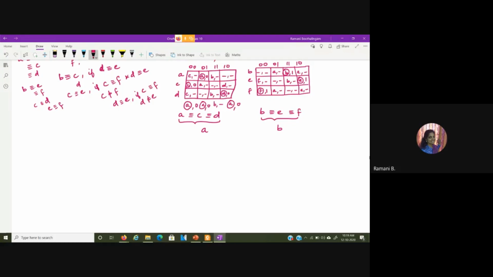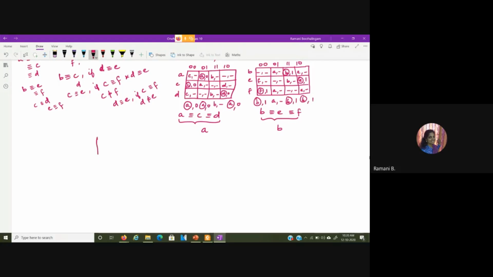And here again, similarly, we have don't cares, F comma don't care, and F comma 1, which is a stable combination. So this is given as B comma 1. Here it is A comma dash. Here again this is B comma 1, and here again this is B comma 1.